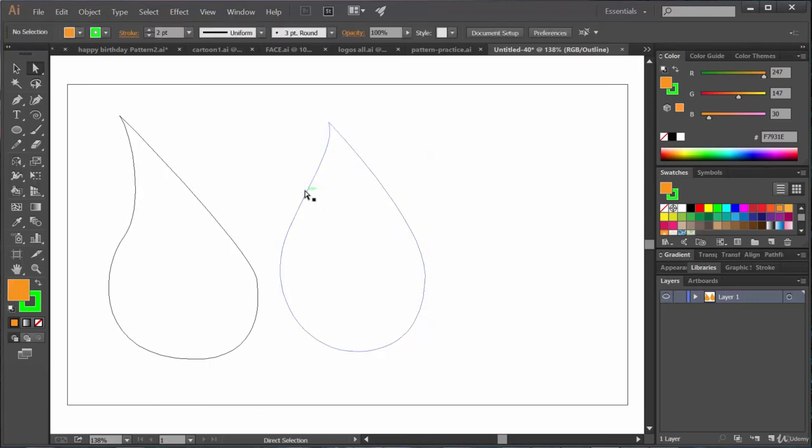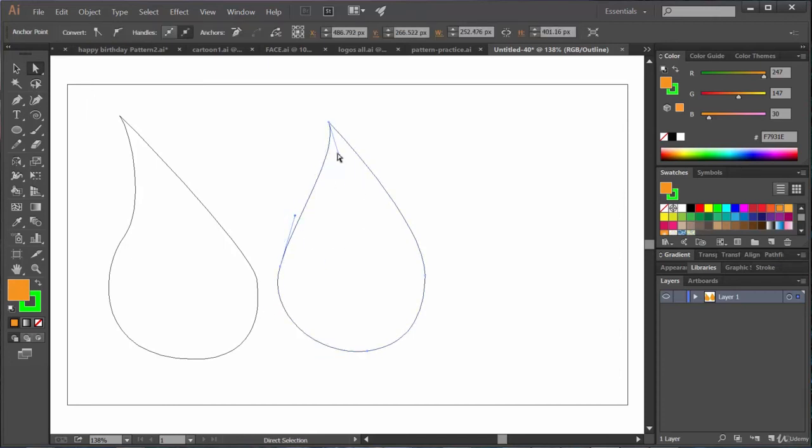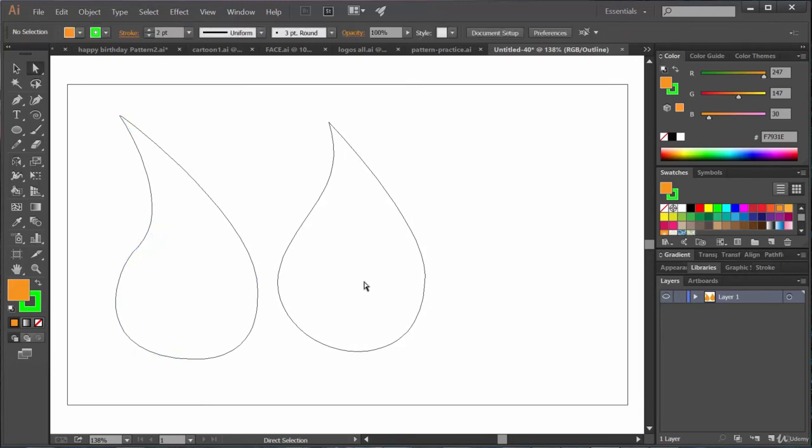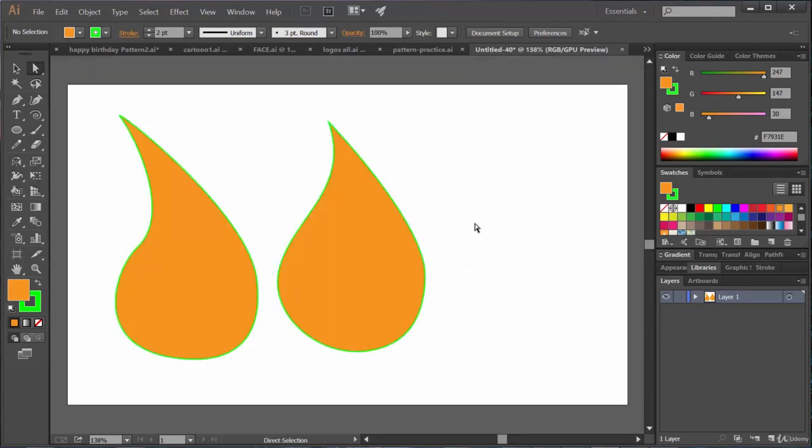See, now it is looking good, right? And I'm just working with the direct selection tool to make it look like a leaf. Now when you are done, again press Ctrl Y or Command Y to leave the outline mode.